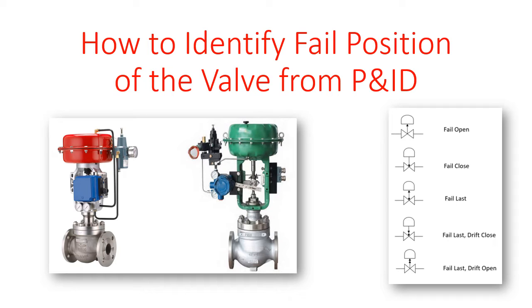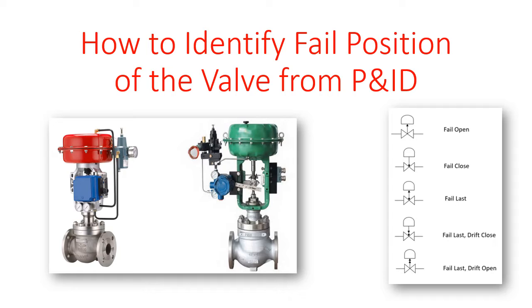In this particular lecture, we are going to discuss the identification of the failure position of the valve from the P&ID. So before going into this, I just want to highlight the fact that a control valve can fail due to multiple reasons, right? It can be a mechanical failure of the valve, it can be breakage of any of its parts,